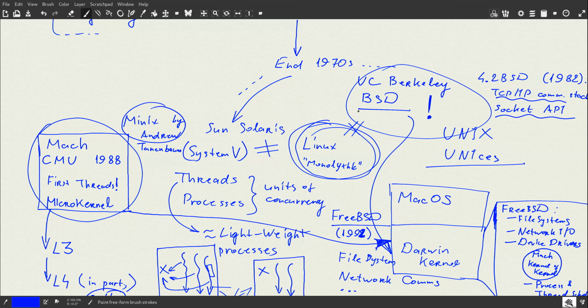For example, monolithic kernels like the BSD family of Unix were considered to be a dead end of operating system development, a wrong thing. So people were thinking Mach and Minix are right, and Andrew Tanenbaum, by publishing his very famous